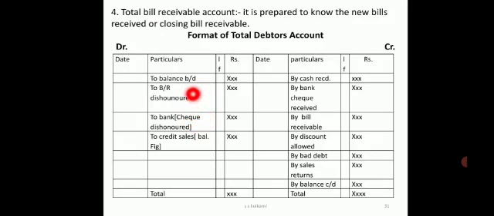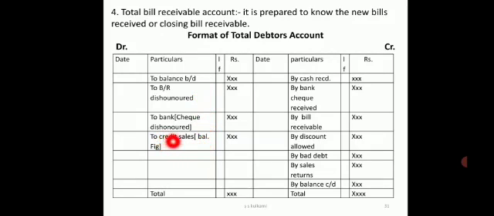So whenever we receive bills receivable accepted or on the due date checks are received, we will take them as the amount which is already credited in our books of account, but on the due date they fail to pay. So to have the reverse entry, we will show it on the credit side because we have already reduced them in the books, and now on the due date when the amount is not received, I will take it back to be the increase in debtors. Therefore, whenever dishonored bills are there, it increases our debtors. It has to be debited in our ledger account.